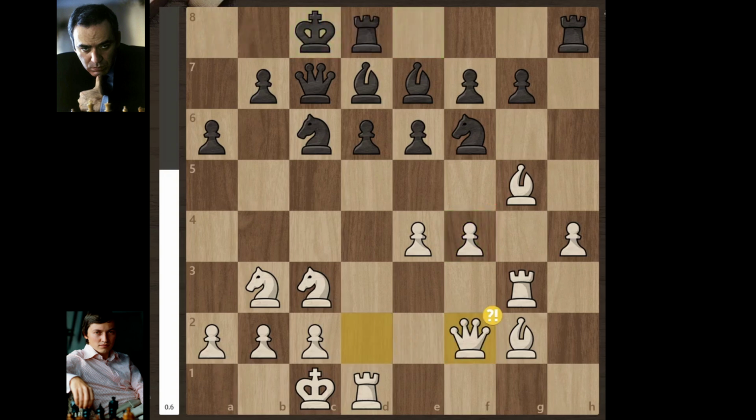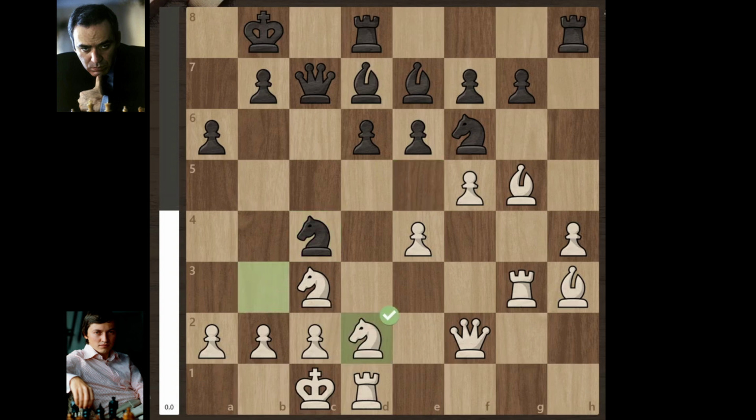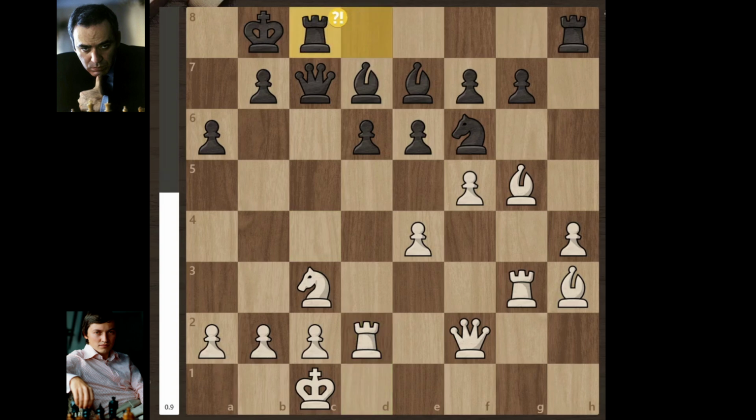Queen to f2, king to b8, f5, knight to e5, bishop to h3, knight to c4, knight to d2, offering the trade of knights, and Kasparov accepts it. Knight takes on d2, rook takes on d2, rook to c8, f takes on e6, bishop takes on e6,